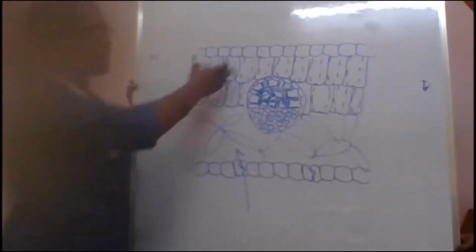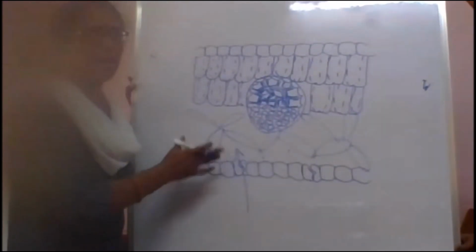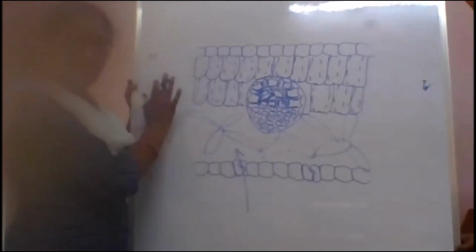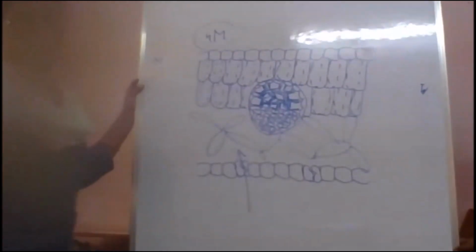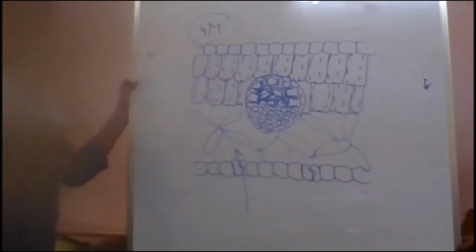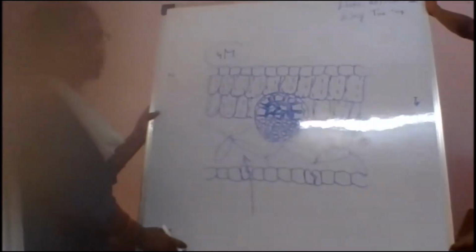For this diagram, I didn't write the labeling. You have to write the proper labeling. If you write the proper labeling, whatever diagram I have drawn here will get 4 marks out of 4. Understood, children? Any diagram in biology should reflect the question the examiner is asking. Neatness is not regarded, but try to draw it neat. But the communication is very important. Whatever we draw should reflect the answer he wants. Okay, fine. That's about the TS of leaf.